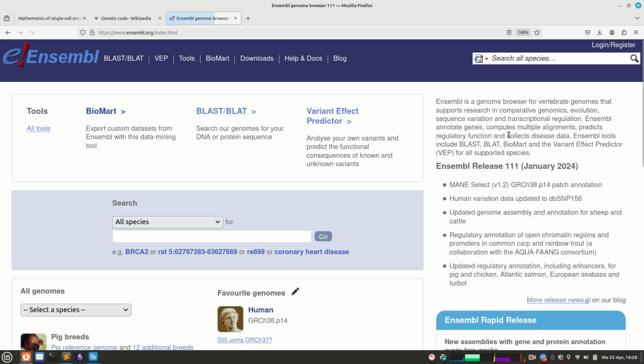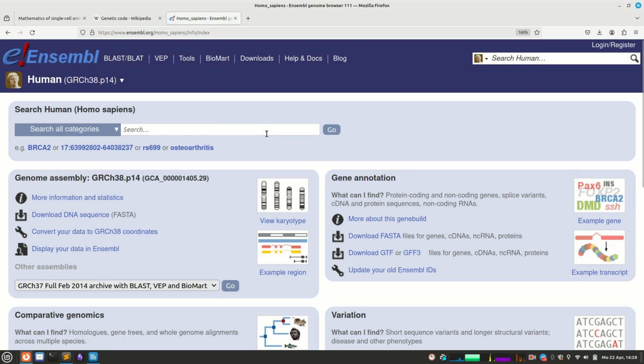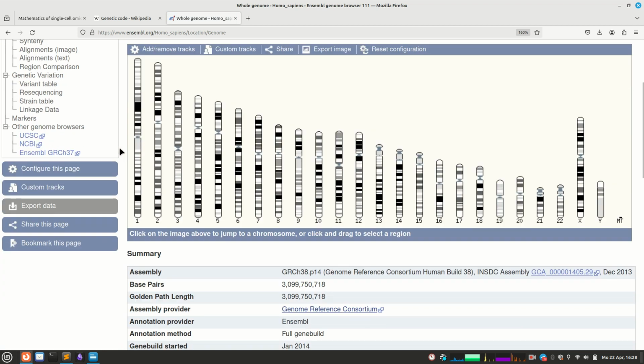This here is the Ensembl Genome Browser. It's one of these typical things that people use to collect what we know about the human genome. So here, the human chromosomes. You see the longest one is numbered 1, the shortest one is numbered 20. Why is 22 longer than 21? Never noticed, but they are sort of ordered by size. And then there's here X and Y. If I now go into one of these chromosomes,